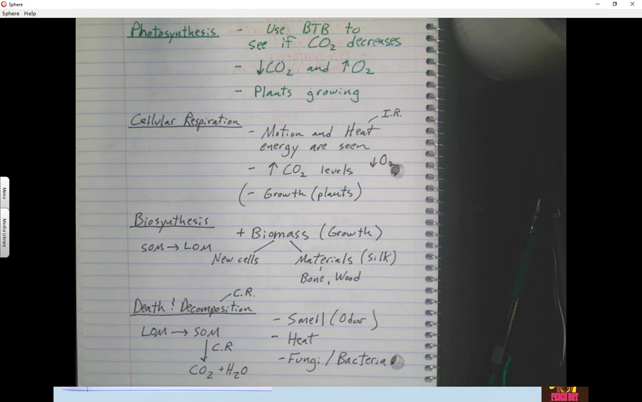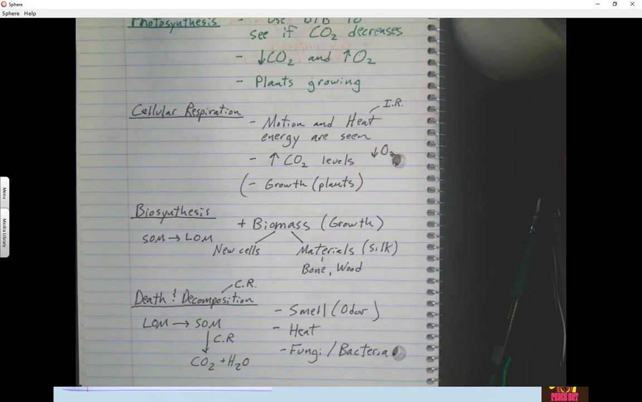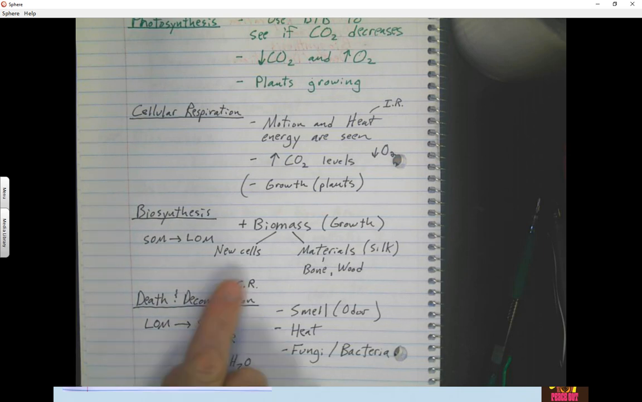The other two processes we discussed were biosynthesis and death and decomposition. Both processes are sort of the opposites of each other. In biosynthesis, biomass or growth is occurring. In that case, we either get new cells or new materials as an organism thrives and lives in that particular ecosystem. During biosynthesis, small organic molecules are being put together into new, larger organic molecules, which provide us with either